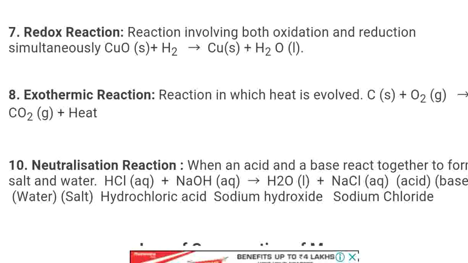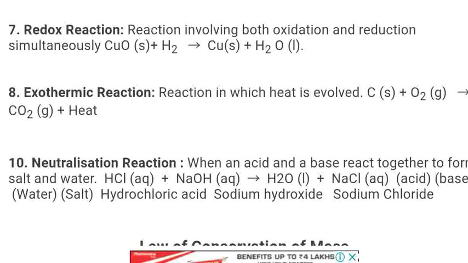Okay, what is a neutralization reaction? Neutralization reaction is a reaction in which acid and base react to form salt and water. For example, HCl is an acid. Why is this called neutralization reaction? As acid is highly reactive, bases are also reactive, and the substances formed, water and salt, are non-reactive. That's why this reaction is known as